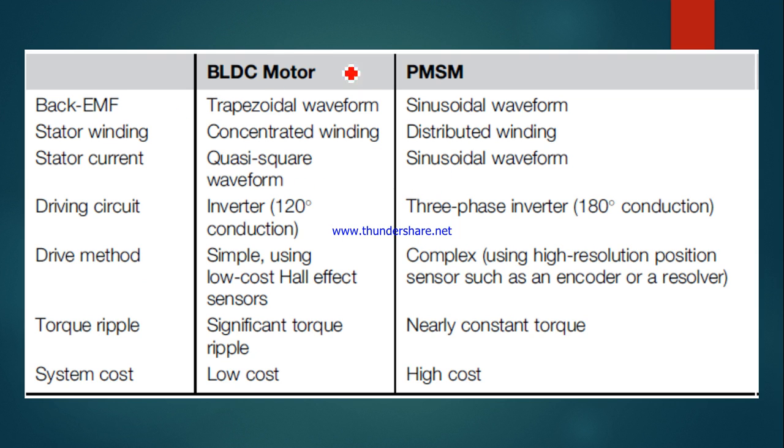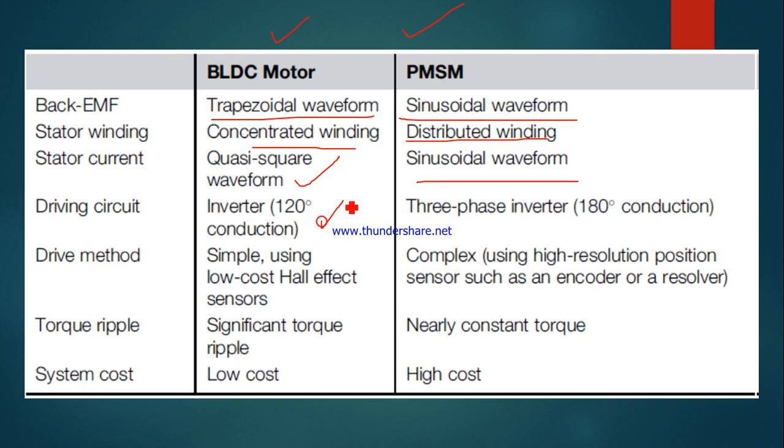Here this is the BLDC motor and this is the permanent magnet machine. If you see the back EMF while simulating, or if you do the experiment, in the case of BLDC it is trapezoidal, but the permanent magnet machine's torque profile is very smooth, as it is sinusoidal. And the BLDC has concentrated winding, but naturally in a synchronous machine it should be distributed. So the stator current quality in BLDC is not that good, but in a synchronous machine it is very good.